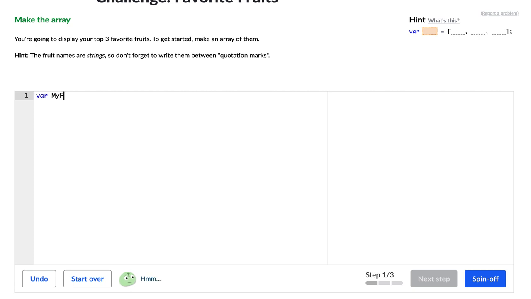var my favorite fruit equals, then both of these brackets with a semicolon, then good. Then inside here, my favorite fruits are bananas, and the last thing is